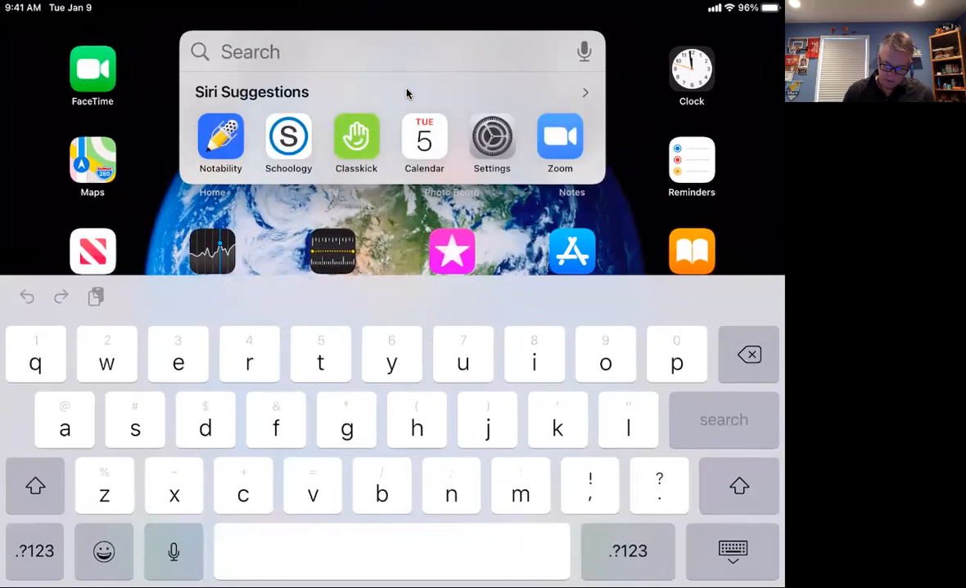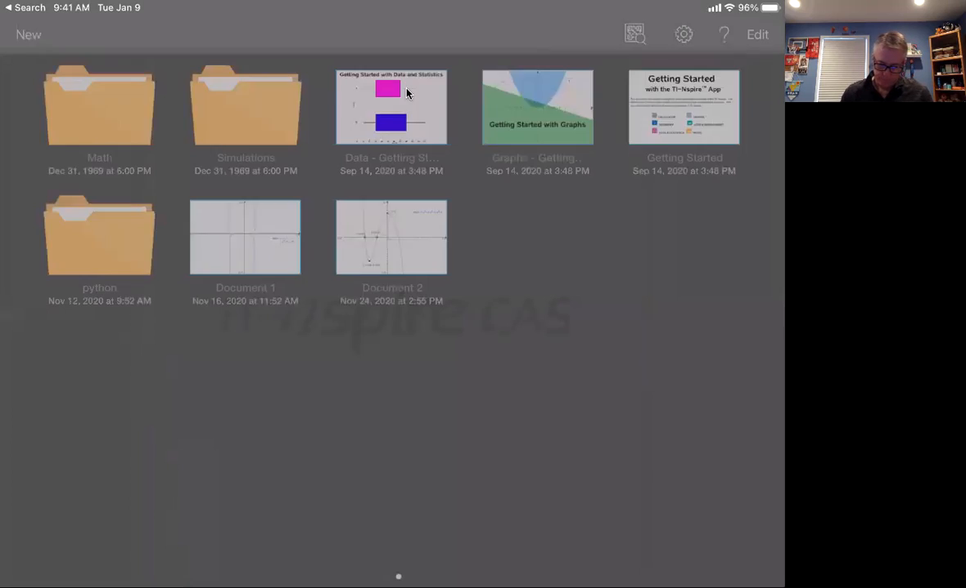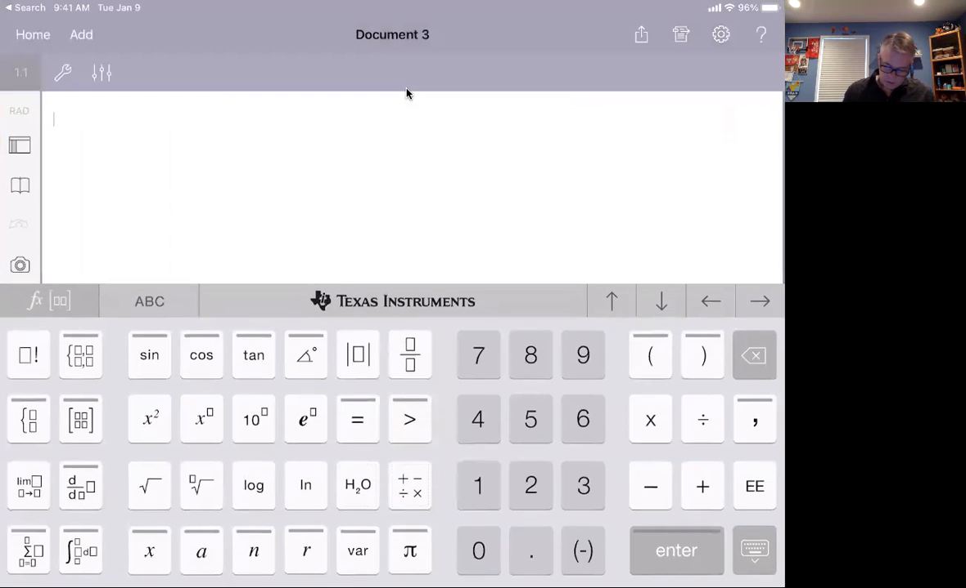Where is my calculator? All right, so 18,000 times 1.03. Sorry, it's been too long since I've used this calculator. To the sixth. And there it is,